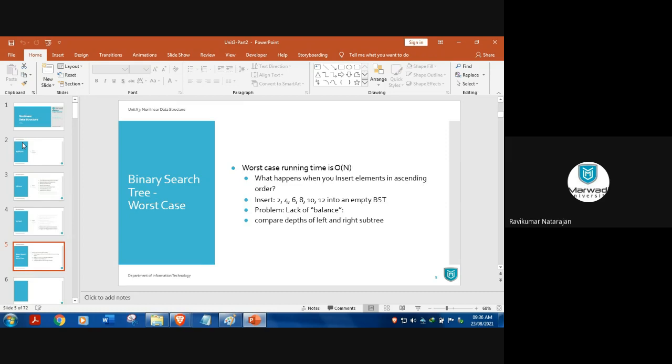What happened? There is something skewed. Left skewed or right skewed? Right skewed. So in this skewed tree, if I want to search for the last element, how many comparisons should I make? What is the last element? 12. Okay, 5 comparisons I have to make. 5 or 6, whatever it is, which means I have to make 5 or 6 comparisons.